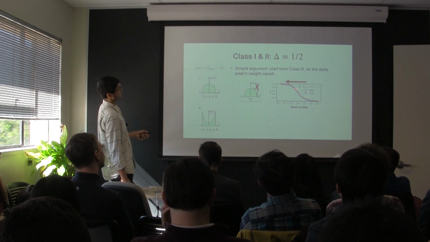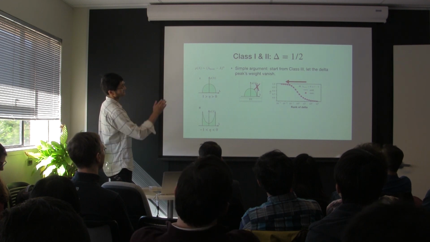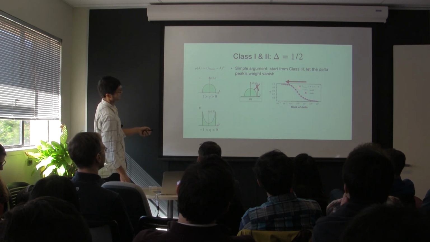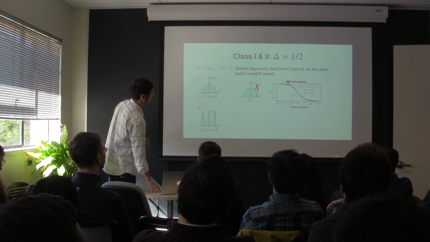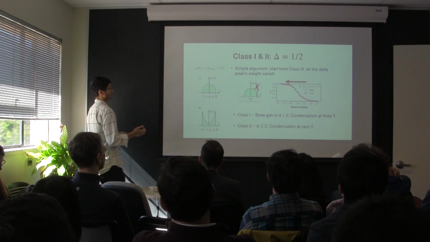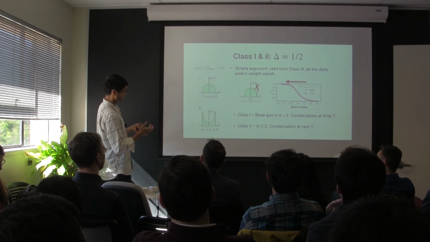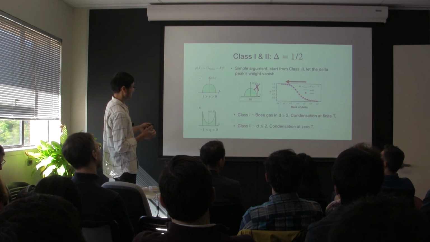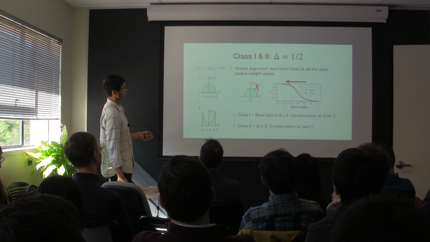a simple argument is that you start from class 3, you add artificially a delta peak, and then you let it go, and you look at this diagram, and you look at this dot, and you see that it will go to delta equal to 1/2. And physically, what happens is that you have Bose-Einstein condensation in both classes, and the detail is that class 1 is more like a Bose gas in D larger